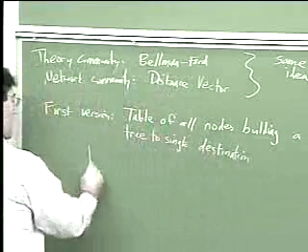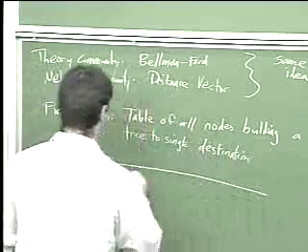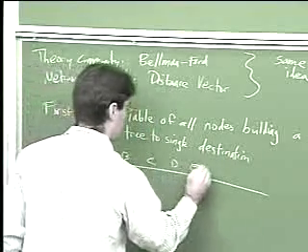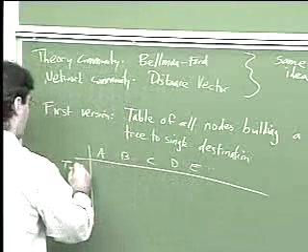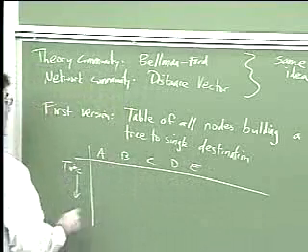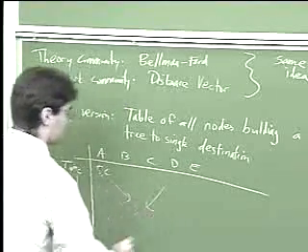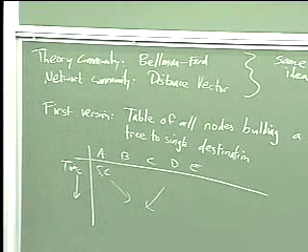That was the table where I had every node A, B, C, D, E, and then we had time going down on this axis, right? And then you had 5, C, and then the arrows and such and such. This was the first version we looked at, and now the second version